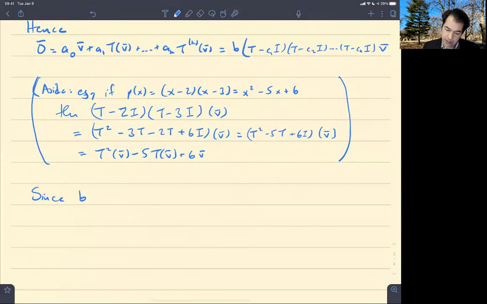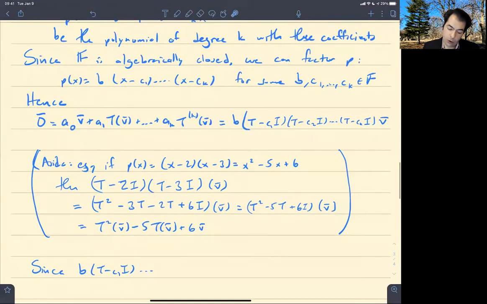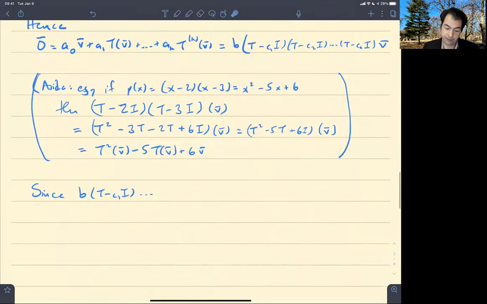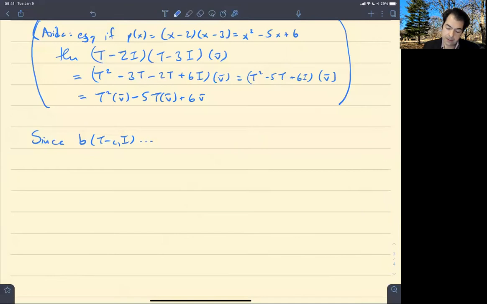Since b times T minus T1. First let me note that b is not equal to 0, because if b were equal to 0, then this polynomial would be identically 0, and we know that it has degree k, so it's not identically 0. Now, since this composition applied to v is equal to the 0 vector,